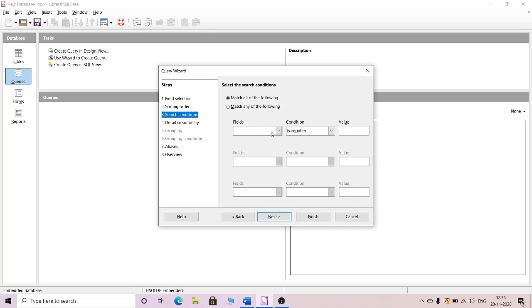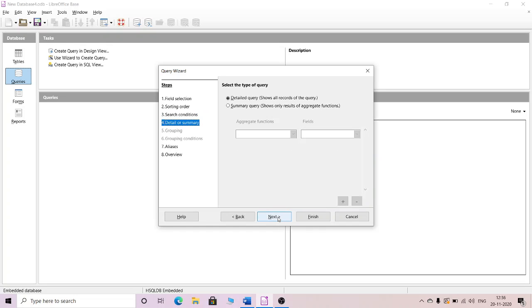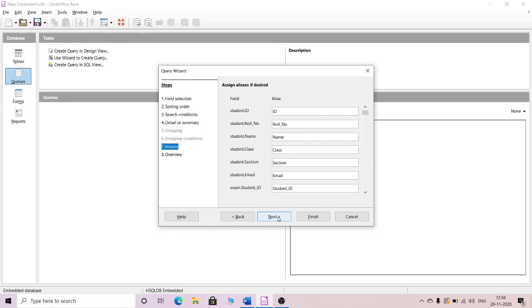You do not have to give the search over here, because this is particularly if you really want data to be displayed for a particular student. In that case, you can take a student ID, and that value you can specify out here, so only the data for that particular student will be shown to you. For example, if I make this a 0,